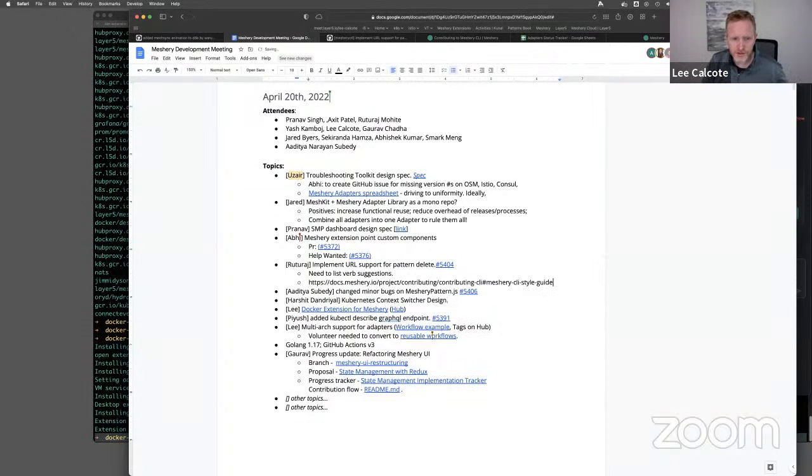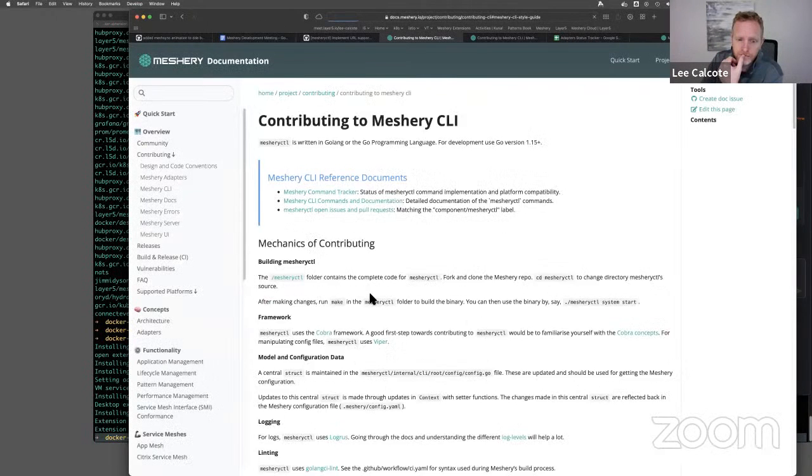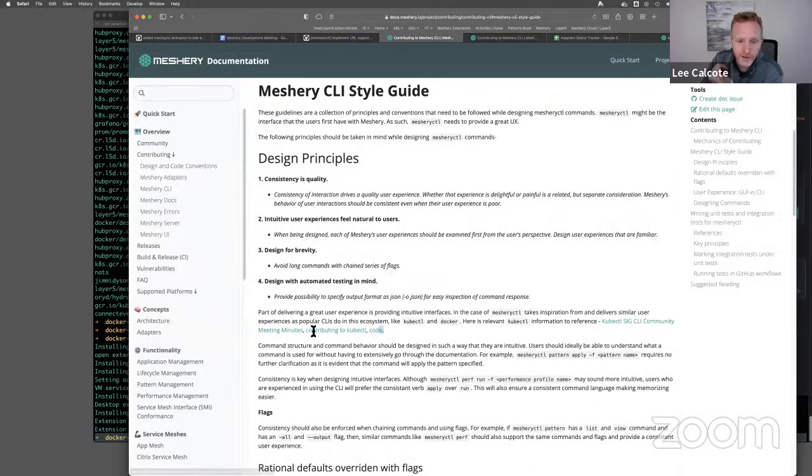For suggestions, there's a style guide on Meshery CLI that could use some improvement. I think it says exactly what I was trying to say before, but like kubectl, like Docker to